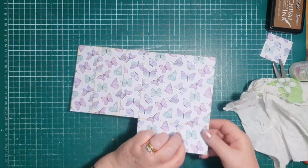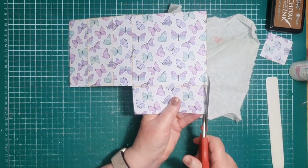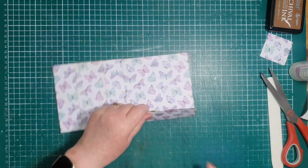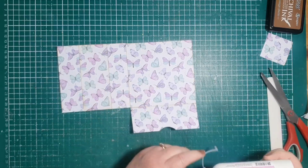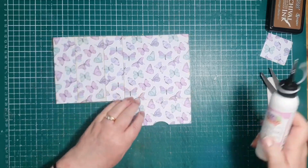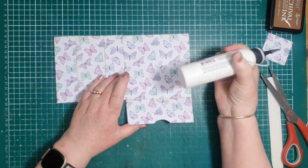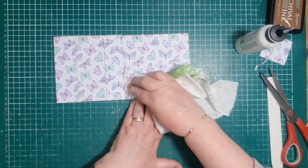And then final pocket, I'm just going to trim off just a tiny fraction of this edge here, just up to the score line. Just that it doesn't go over here, and this side has already been trimmed up. I'm just going to pop a little bit more ink on there just where I've trimmed it, and then we're going to glue down here and glue down here and fold it up. Okay,